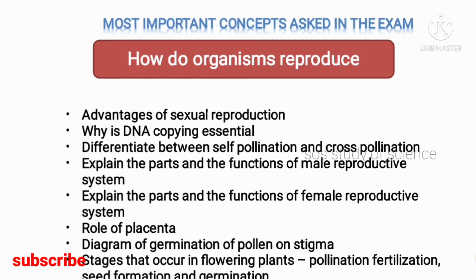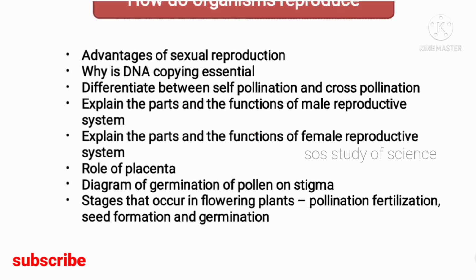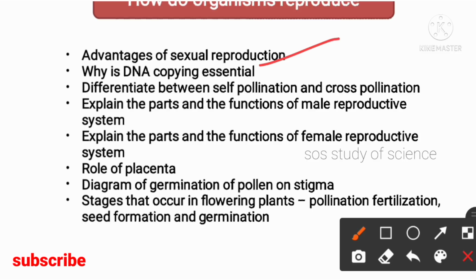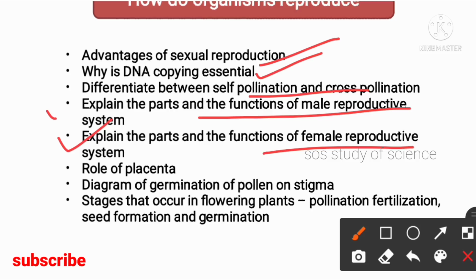So these are the concepts which were asked in the previous year examination. They asked about the advantages of sexual reproduction. Do learn about this. They asked why DNA copying is essential. Okay, I have explained this in the scoring package. Differentiate between self-pollination and cross-pollination. Explain the parts and functions of the male reproductive system and also the female reproductive system. Definitely this female and male reproductive system has come for 3 marks in 2 to 3 question papers I have